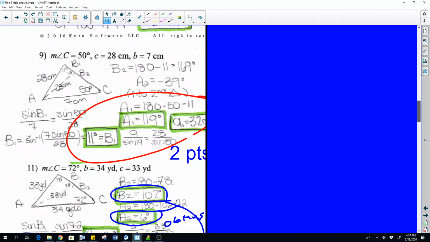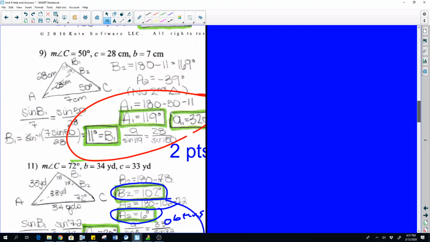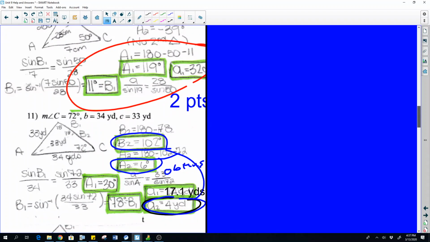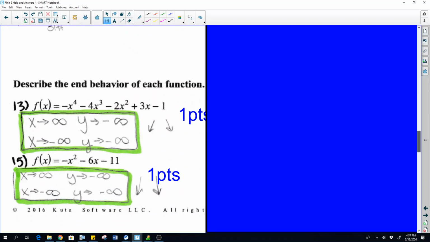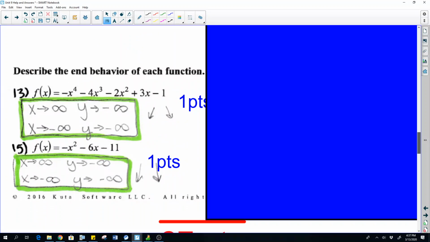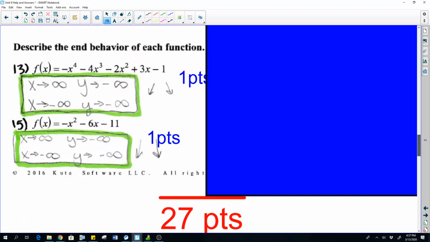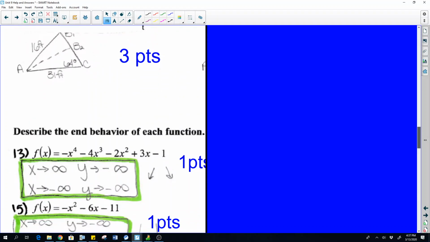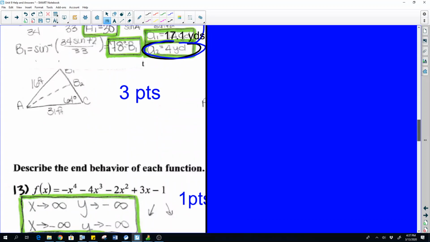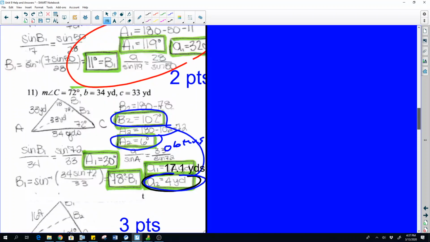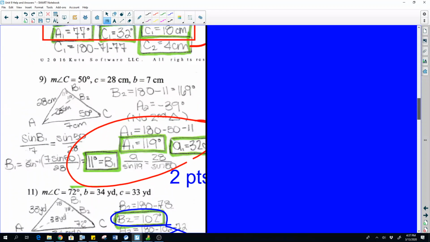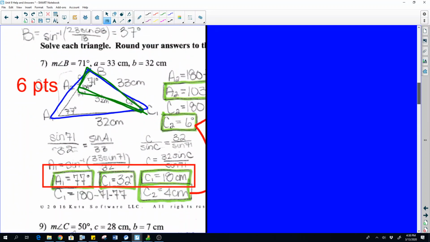Number 9 again is going to be just one triangle. Find all the parts of the one triangle. And also number 11. Number 13, don't forget to do end behavior. You can just pause. I'm just kind of scrolling through, but you can pause. Out of 27 points. Pause it, Newbold. Pause it. You pause it. No, you pause it. Okay. So definitely work on these ones and pause it to check your answers. And then do the evens ones as well.